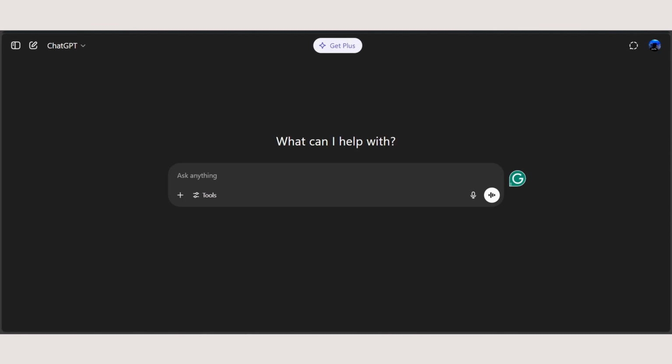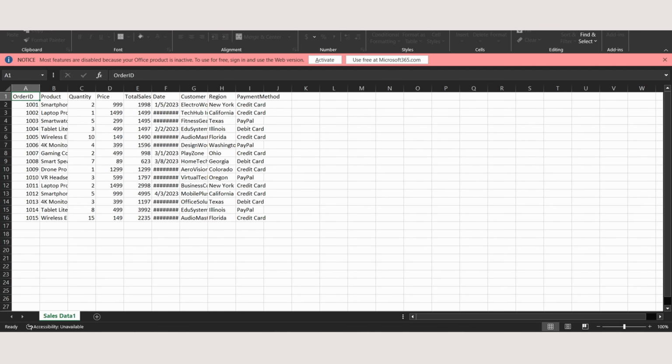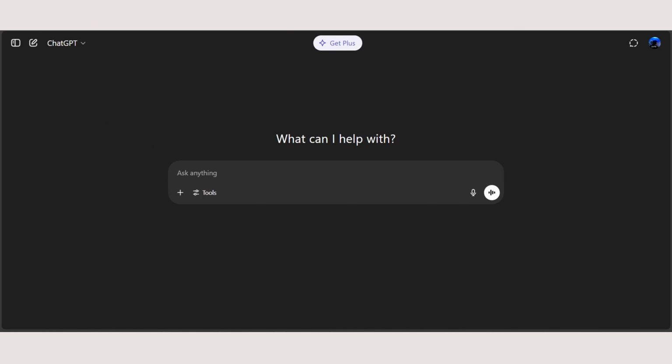Today I'm going to show you how you can build an Excel dashboard with an upload feature in ChatGPT, which means that you can upload your Excel sheet into your dashboard and it will create charts for you. Now, as you can see, I have my example sales data right here. We have the order ID, the product, quantity, price, total sales, date, customer, region, and even payment method, all right? So with this data right here, now what you want to do is go into ChatGPT